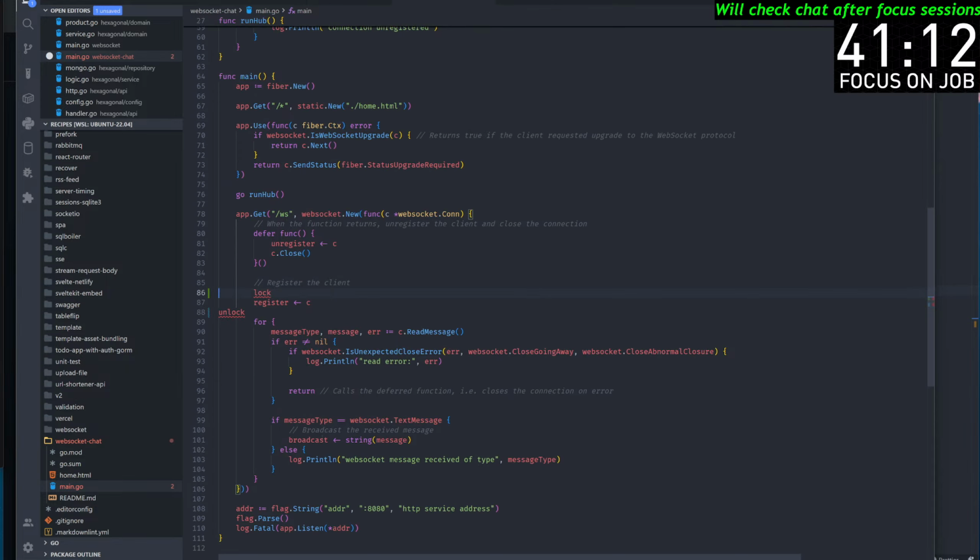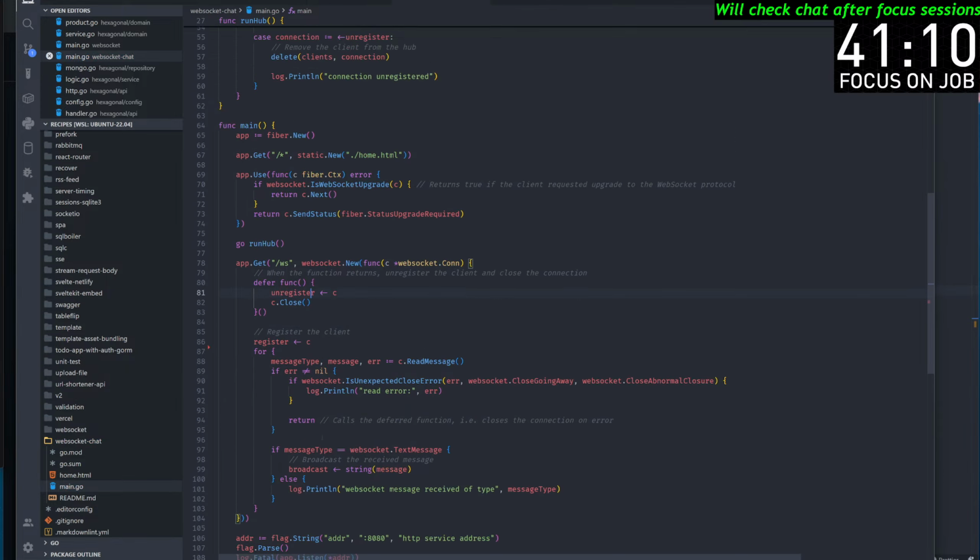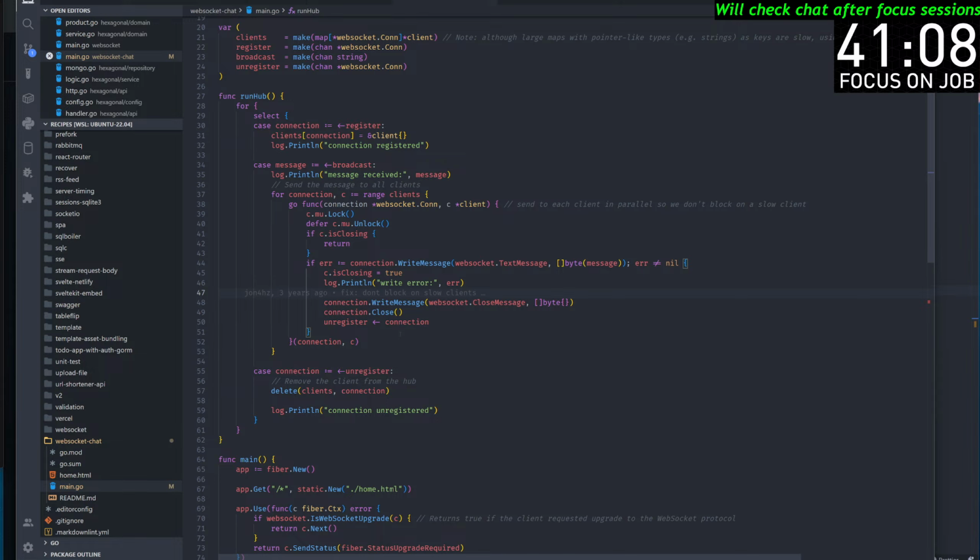And well, surprise surprise, lock unlock performed better,